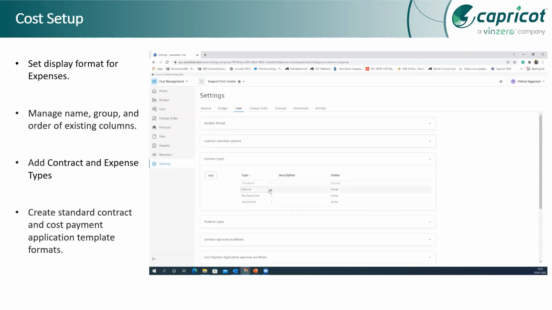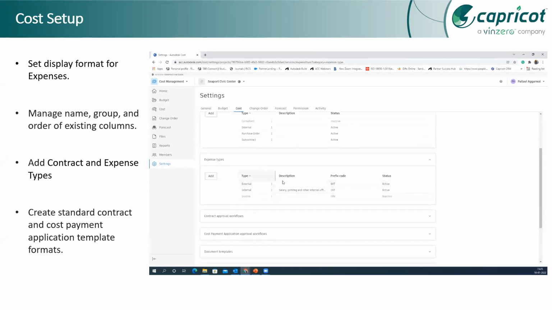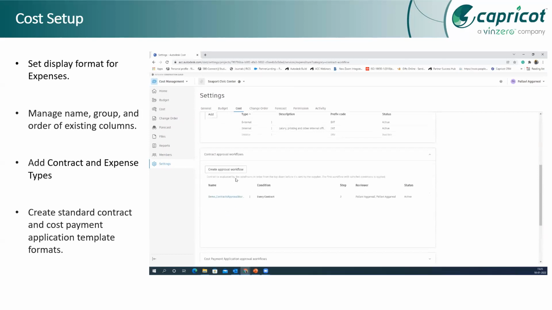And again, cost payment applications, that is their bills with their subcontractors, will have approval workflows, which we will create on the system. Also in the platform, we can define expense types since there can be n number of expenses. So you can filter those expenses later in the coming stage. And all those templates that we create here in the platform,